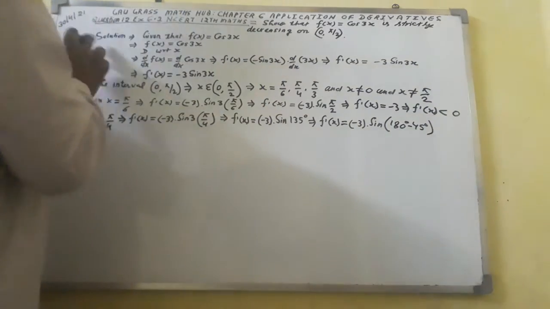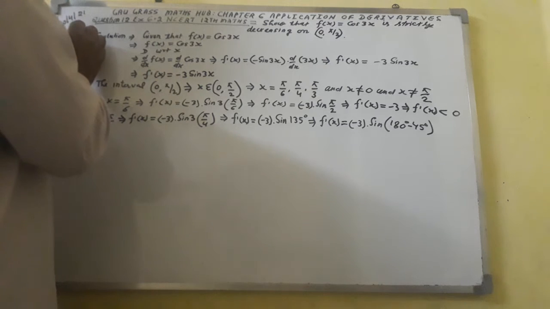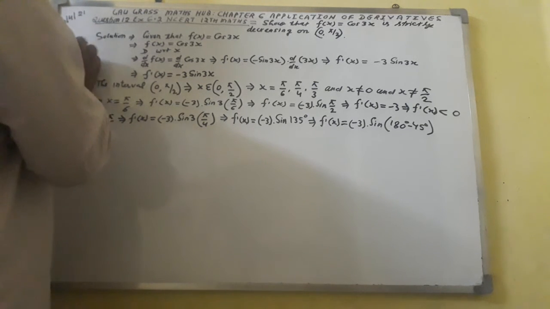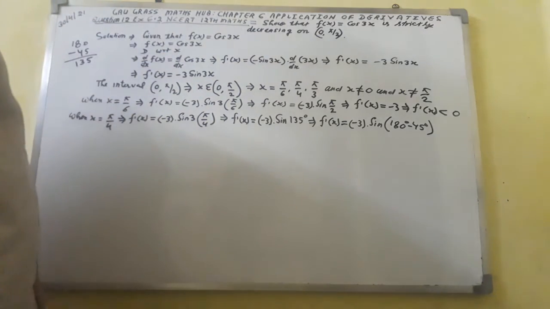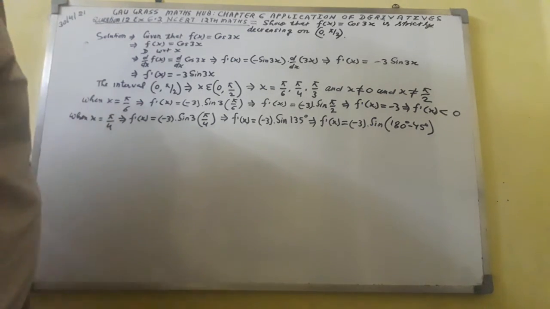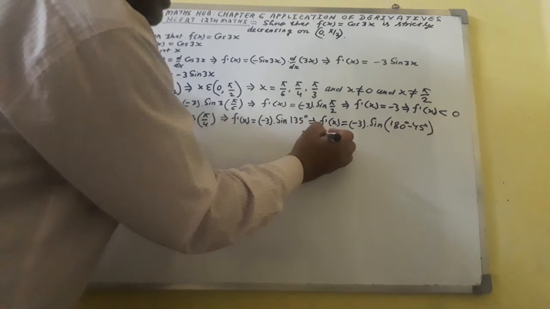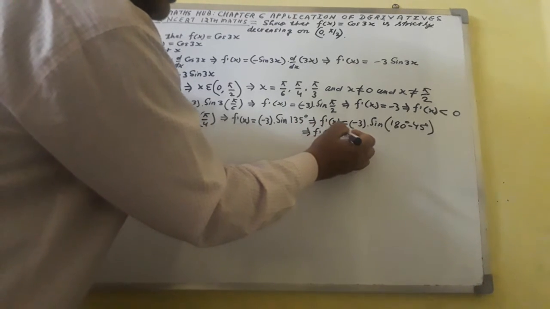Just calculate 180 minus 45. We will get 135. Result is correct. Now here you will get f dash of x is equal to minus 3